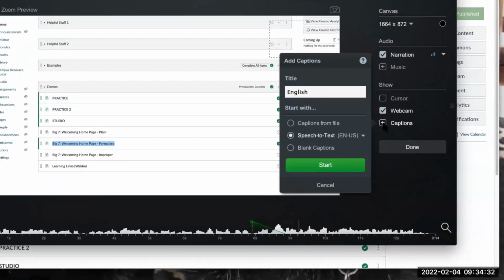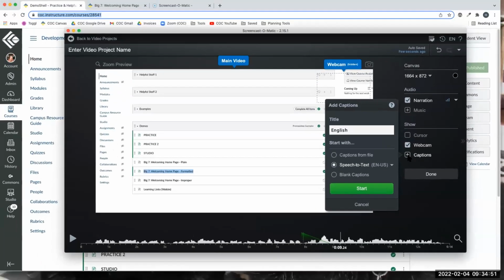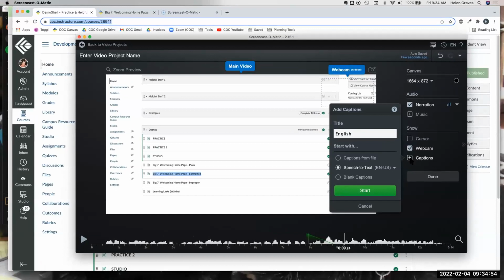One thing to be aware of, it used to be, and I'm not sure if it still is, but Screencast-O-Matic captions used to be what are called open captions, which means they're always on screen and the user can't turn them off the way you can with closed captions. It's not a big deal. You just want to be aware, and you may want to test it on a practice one to make sure that's still the case, maybe they've enhanced their caption feature and it's no longer open captions. But test it out, particularly if you're doing a demo, as I mentioned earlier. You want to keep in mind that captions are going to be there, potentially blocking a part of the screen.